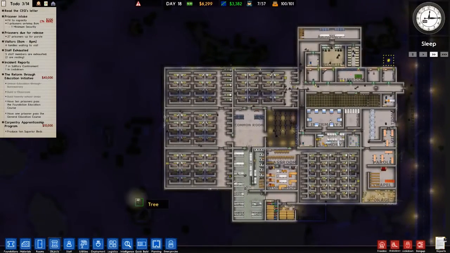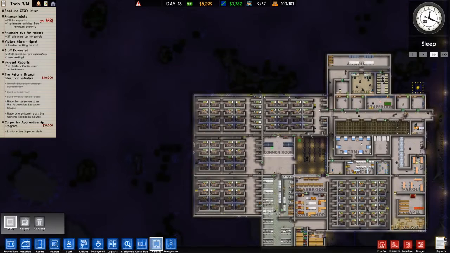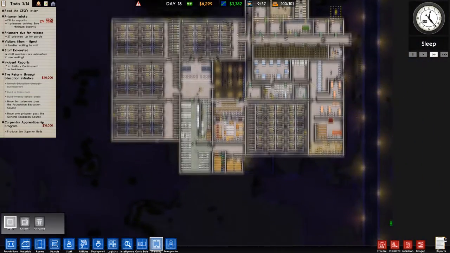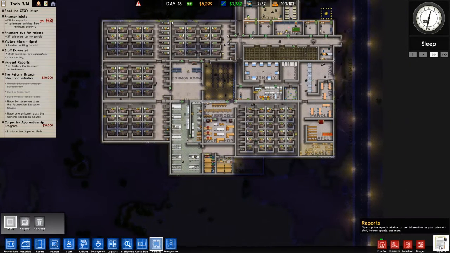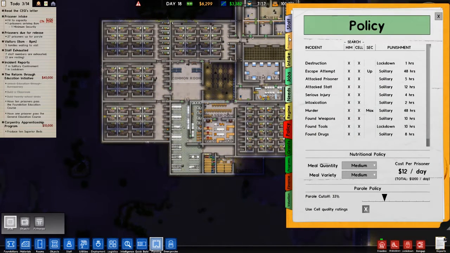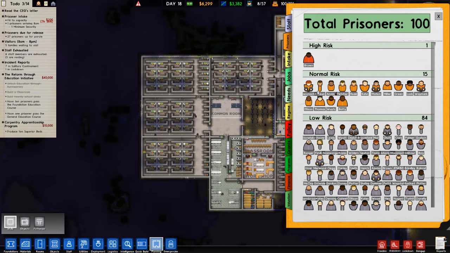So let's start some planning then. We're kind of talking about that already, but I haven't really done so much. So what I want is one of these areas. We'll probably pick this one to be the kind of medium security. Now, how many of each do we actually have now? We have one high risk, so he's obviously tried to escape a couple of times and has managed to go up to high risk. We have a bunch of normal risk, and then we have a whole bunch of...